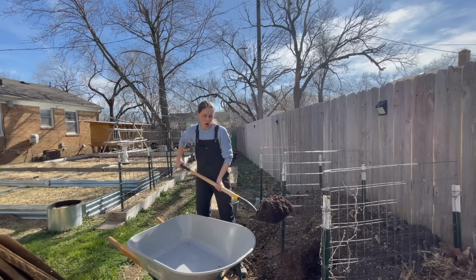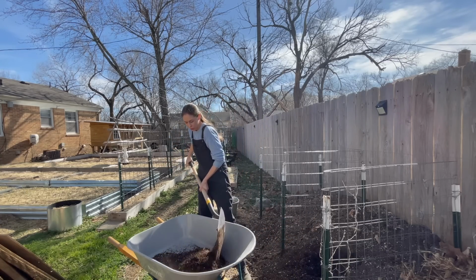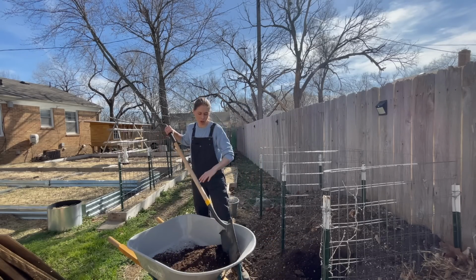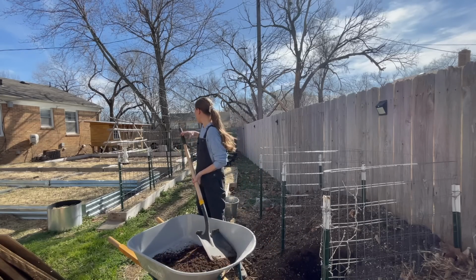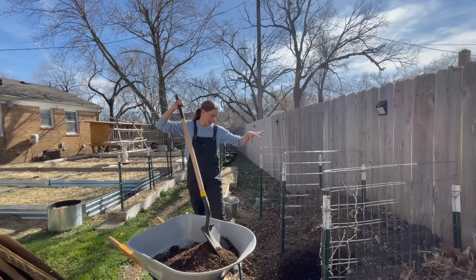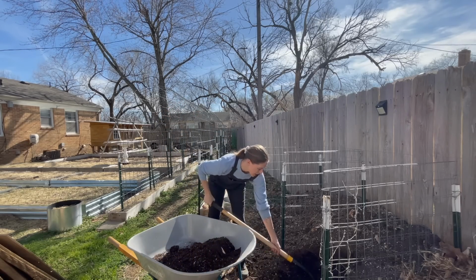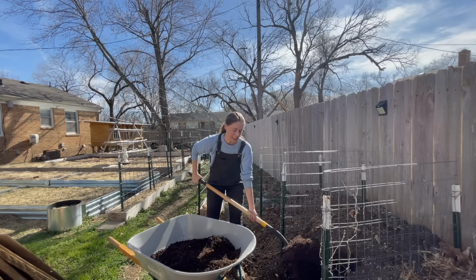So like I said before, I do need to move this whole entire compost pile regardless. I'm actually really wanting to line the fence here with some grow bags because it's just such a prime location. And I also really want the compost to be closer to the chickens. And I just want to build a whole new system. We really don't like the fact that this is all open and it's just hard to keep everything in. But I do have compost and soil being delivered on Friday